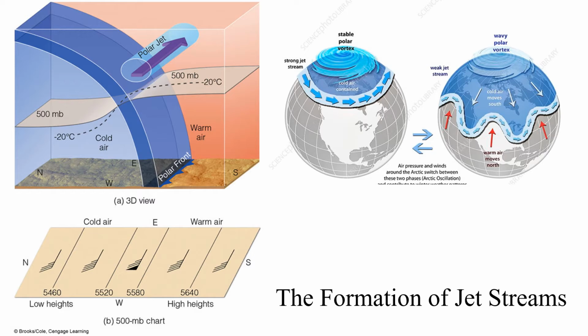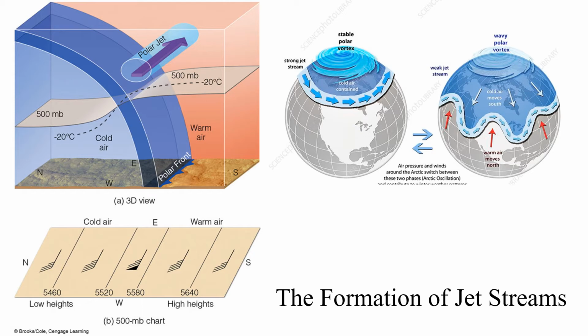That pressure gradient intensifies the wind speed, and that intensification of the wind speed produces the jet stream. If you are observing the lower left, the picture 5b, the 500 millibar chart,